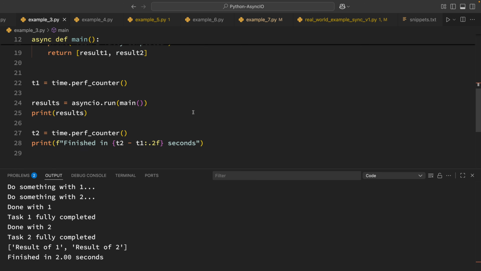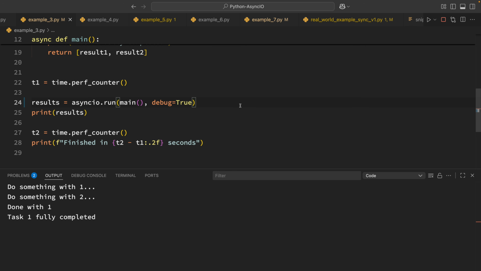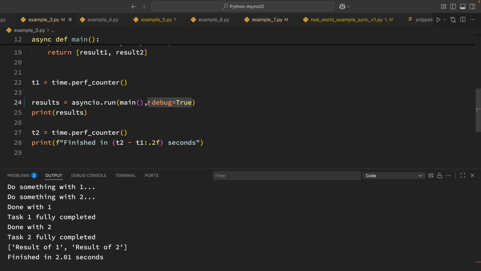And also, if you set debug equal to True with this asyncio.run, then that will help you find a lot of things that might be wrong in your async code as well. But you just want to make sure that you have that debug set to True only whenever you are working in development. And lastly, just to reiterate when to use asyncio versus threads versus processes, you'll usually want to use